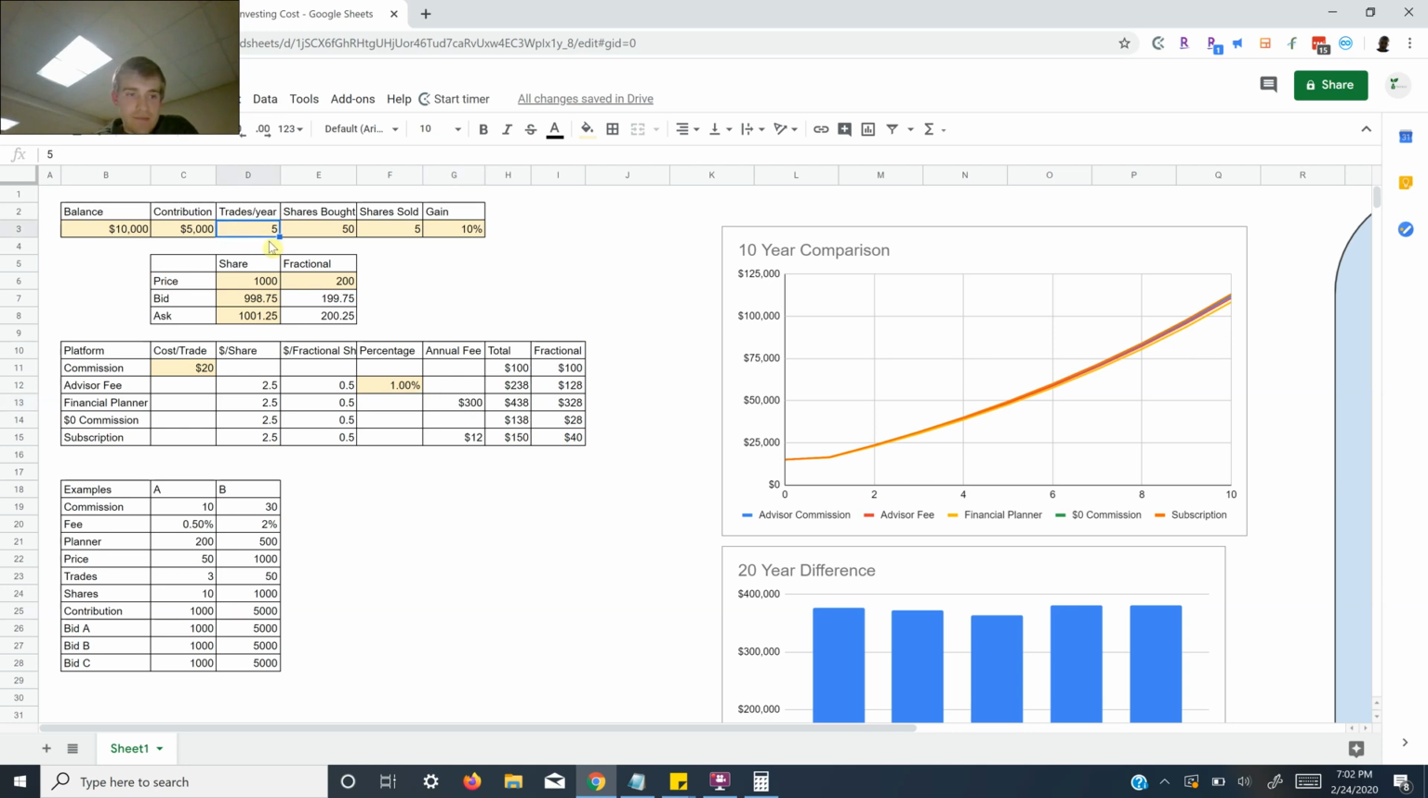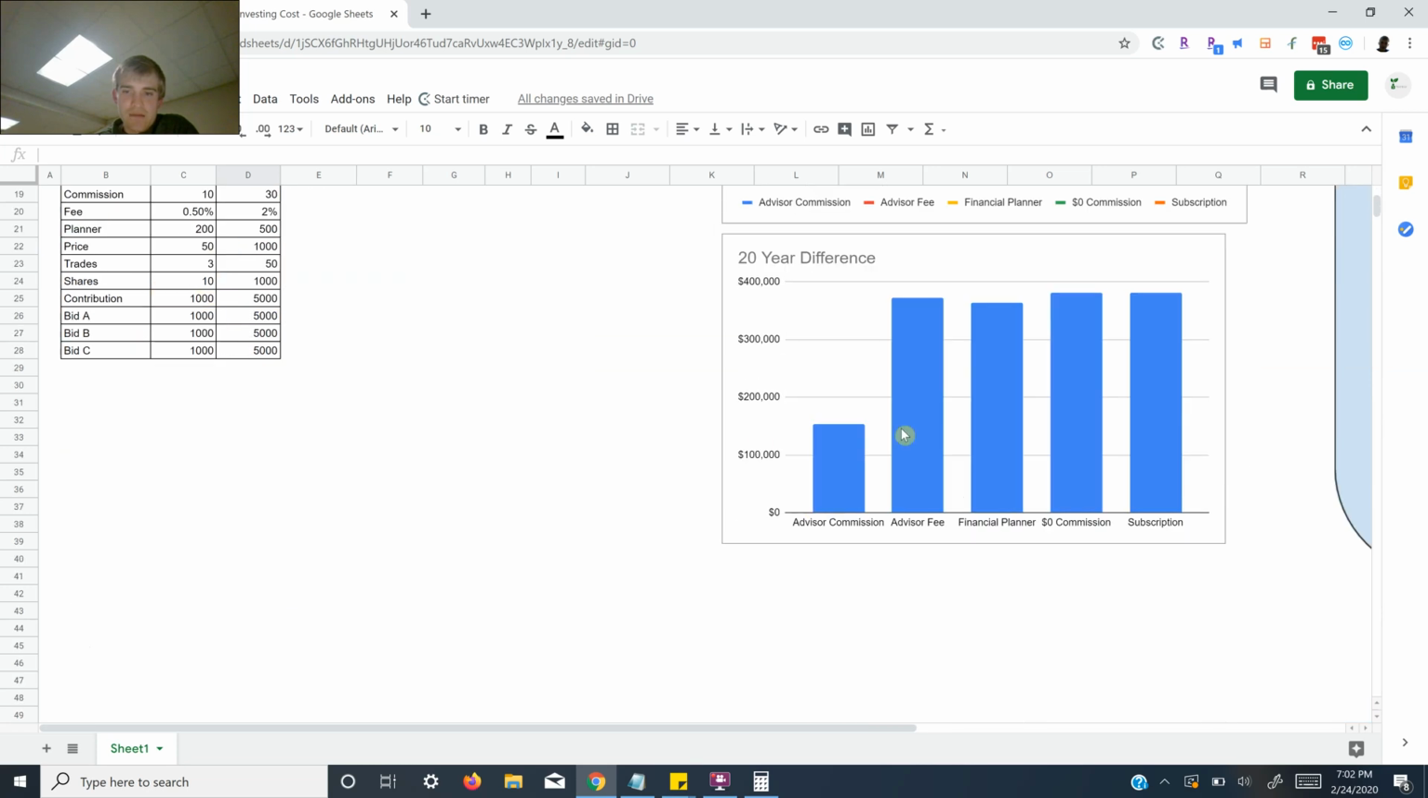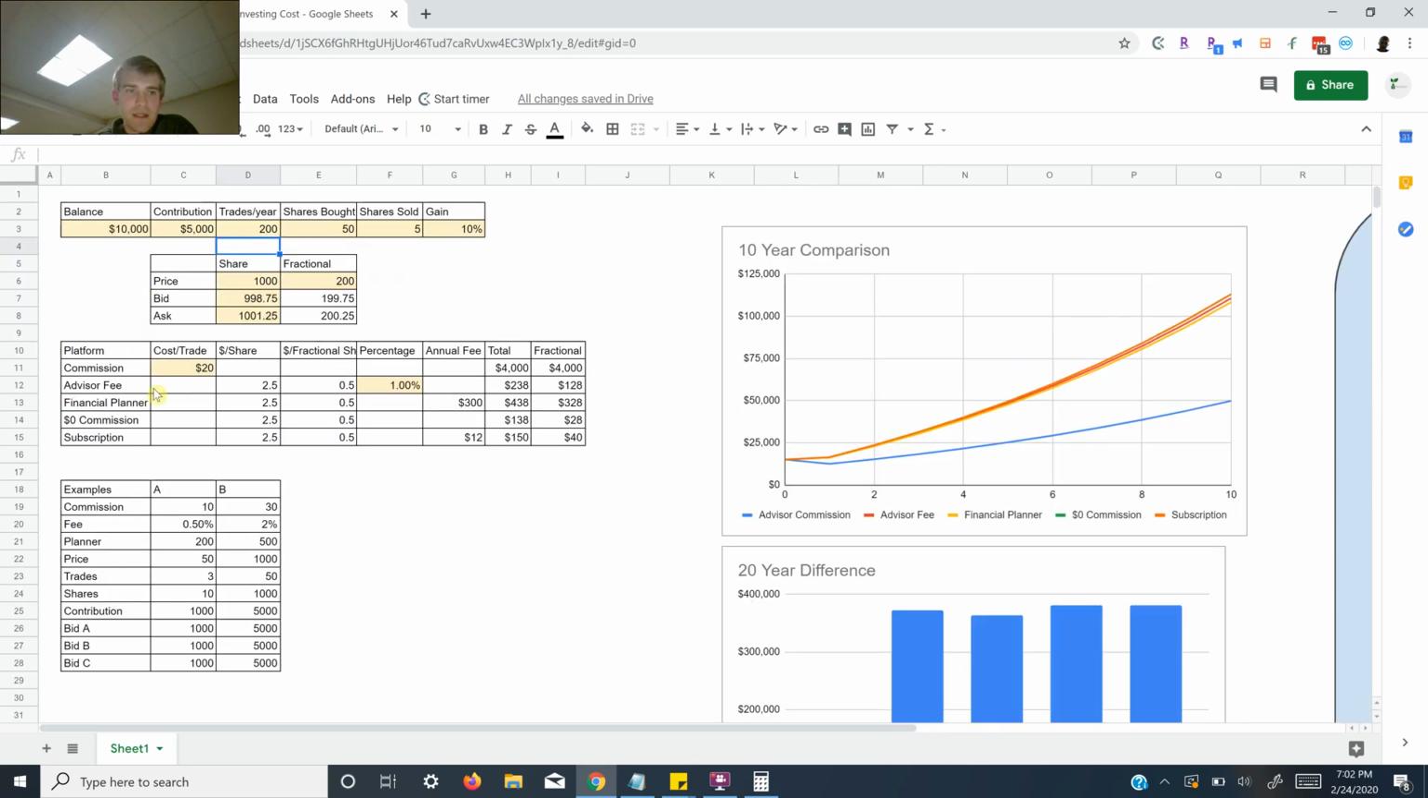Let's go with 200 trades a year. Advisor commission is down, way bad, because it's per trade instead of per share. Let's get that down to 50. So now it's still losing because it's down to 50. Let's put the shares bought up to 100, and keep in mind